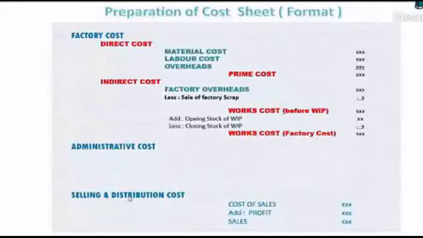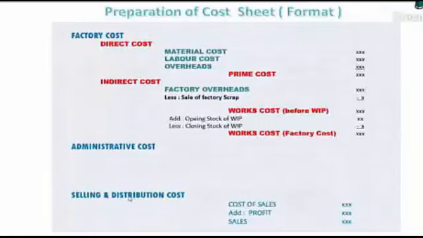But in this works cost, we have not done any adjustment of work in progress. Now, what is work in progress? It is semi-finished goods. It is not finished goods. The raw material has started to convert into finished goods, and it is halfway only, and during that time we are preparing a balance sheet. So that material, which includes the other costs also, is called semi-finished goods or work in progress. Now, this is another technical word so far as cost accounting is concerned. We understand semi-finished goods very well, but this is work in progress.